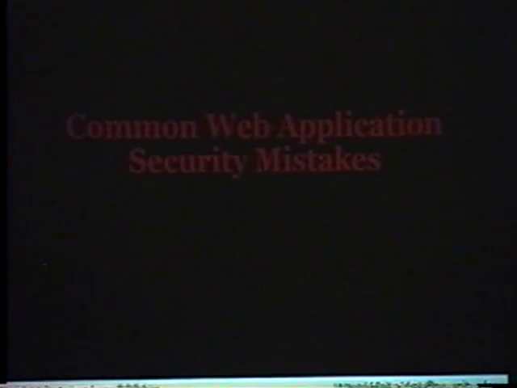So we're going to go over some common web application security mistakes. These are the mistakes that we'll find in just about every web application. Most of this information is not complete, because web applications and the platforms and technologies they run on are not well documented, and the attacks and the combinations of those attacks could not possibly be defined in any easy sense. So we're just covering some of the basic ones and maybe a few more that aren't on the list here. Are there any questions so far? Okay, good. Pretty easy so far then.